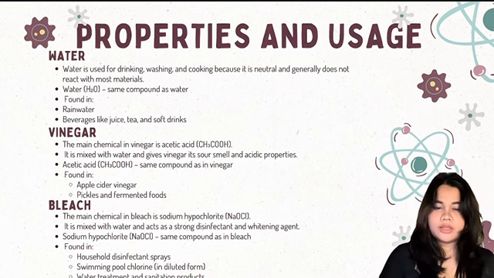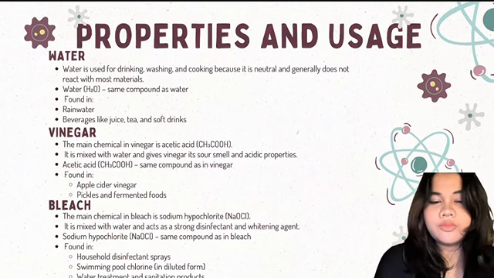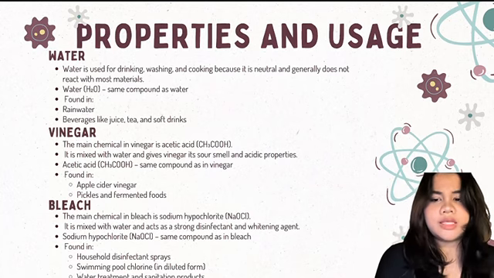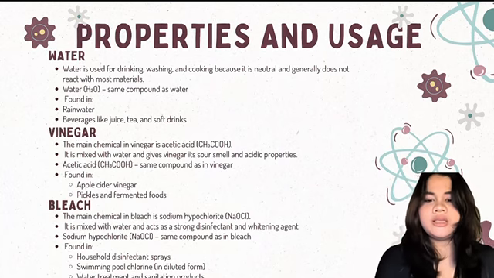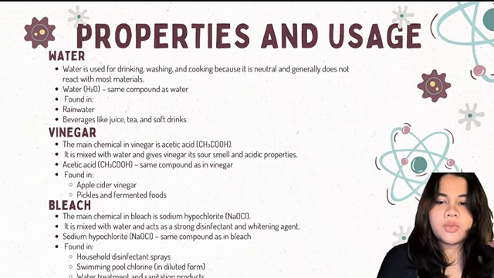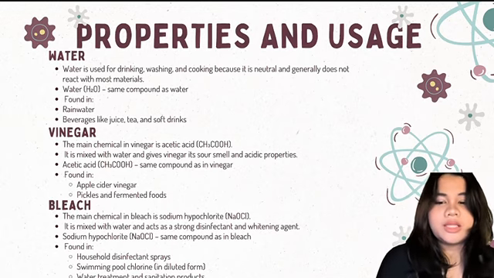Next, we talk about properties and usage. First, water. Water is neutral, which means it usually does not react with most materials. That's why we use it every day for drinking, washing, and cooking. Chemically, water is H2O, and we can find it naturally in rainwater and in drinks like juice, tea, and soft